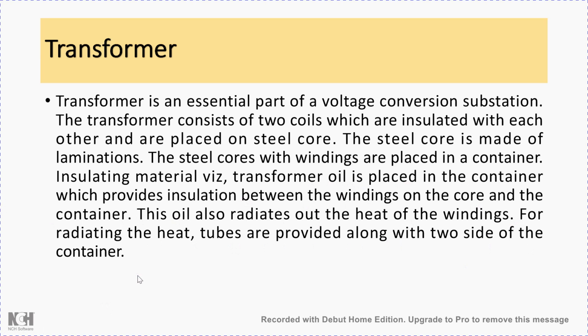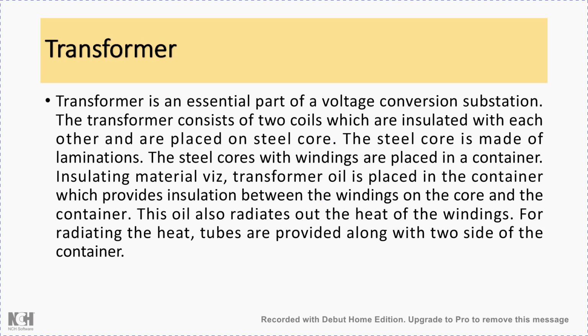So now friends, what you need to understand here is that we are not discussing the working principle of the transformer. We already know that coils and windings will be there. We have the primary winding and secondary winding, both wound on the core. Now that core is housed inside a container. When the current is flowing in the windings, obviously it is going to produce a lot of heat. That heat needs to be continuously dissipated, so the windings and the inside of the transformer should be maintained at as low a temperature as possible for good health and performance.